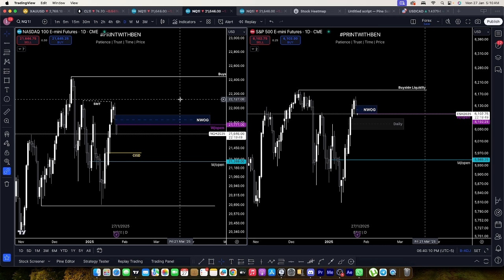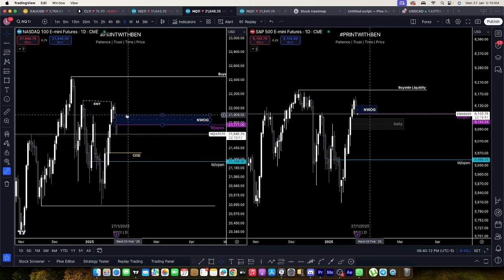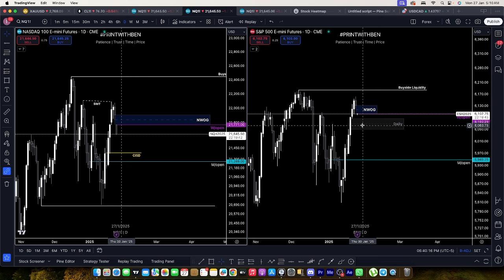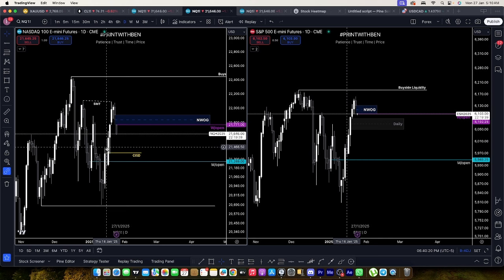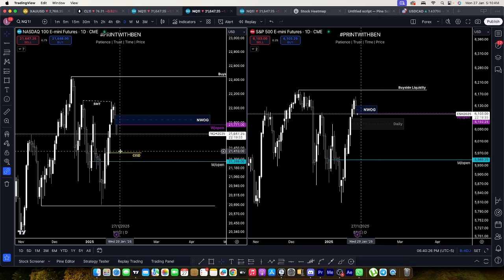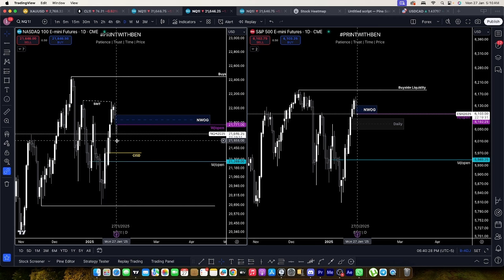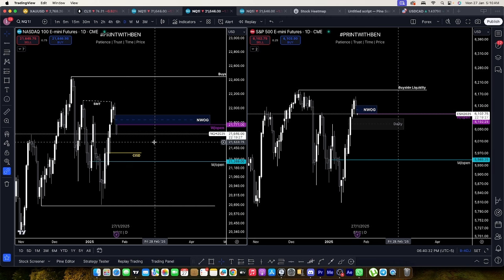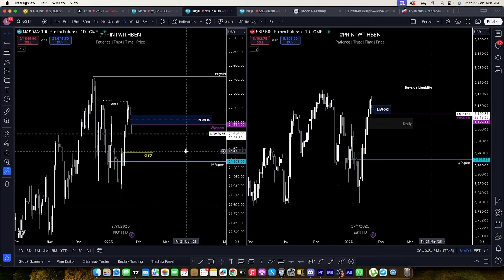Based on the information I can see in front of me right now, all I can tell you is we might come down into this imbalance in ES. Meanwhile, we might come down into the 50% part of this wick. That could act as a rejection block, because that is a premium candle wick. So only based on the reaction from there am I going to trade this market. So that is pretty much it.